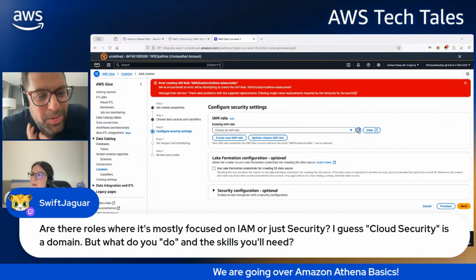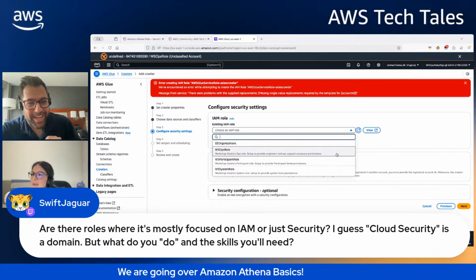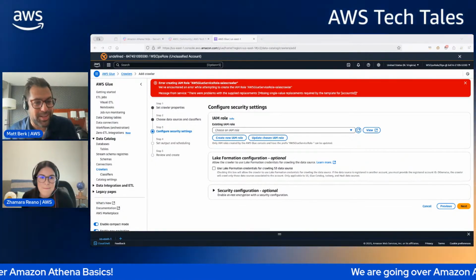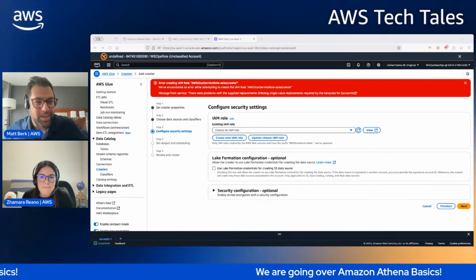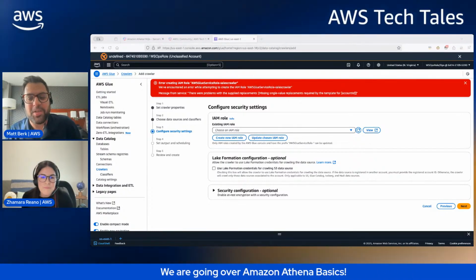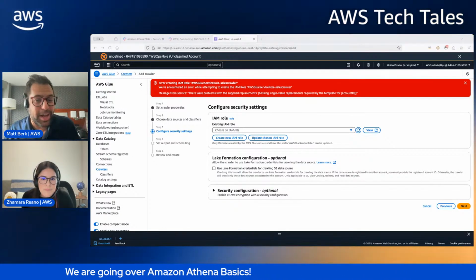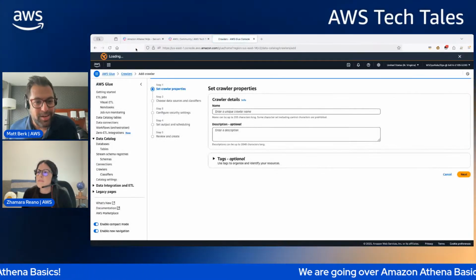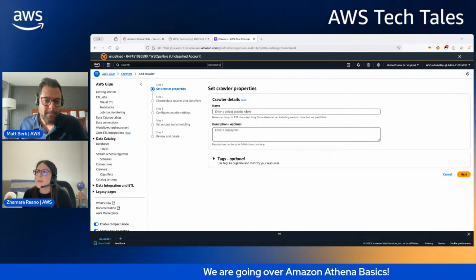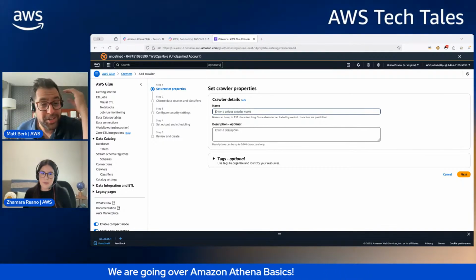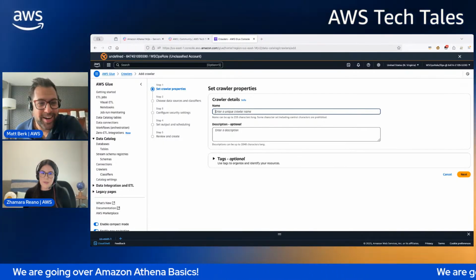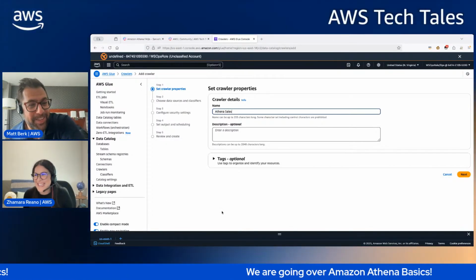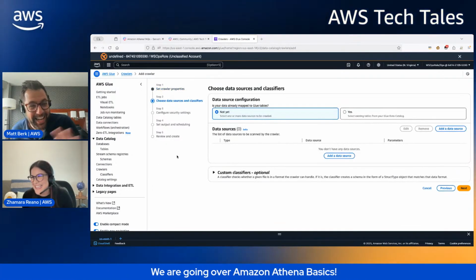So Chat was asking, are there roles where it's mostly focused on IAM or just security? I find this funny that you're asking this while we're trying to make an IAM role. Yeah, we have a ton of specialists within AWS. We have a whole specialist organization. So if you like a particular topic, you're really well versed in one specific area, there's a place for you. Okay, let's try again. Samara and I are generalists though, so yes, we are dangerous at almost everything and know almost nothing deeply. I kid, but